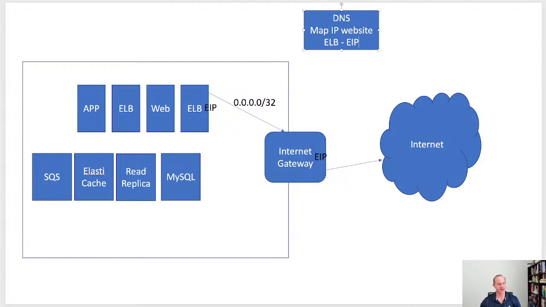Great question. Why does the elastic load balancer need a public IP address? The web servers need to be reachable from the internet, which means they need an IP address. DNS is designed to map a name to an IP address, or maybe to two or three different IP addresses, but it's not designed to load share in a high performance manner. So the reason you need to put the IP address on the load balancer is because